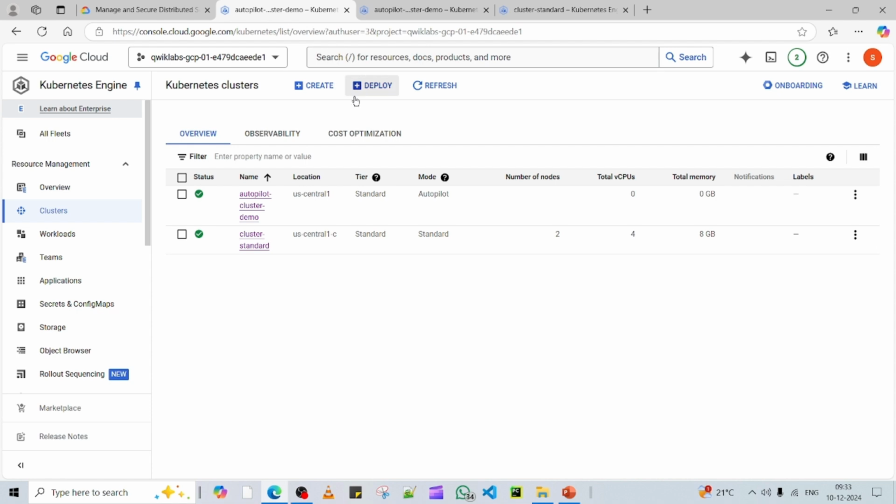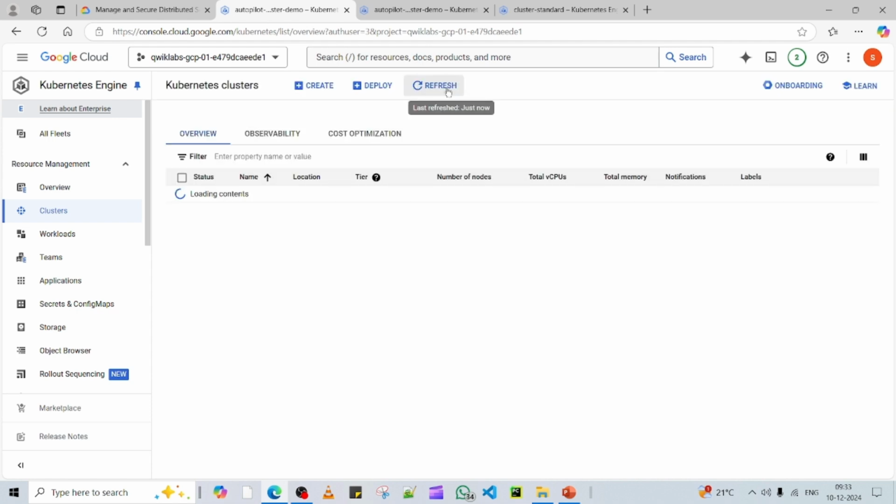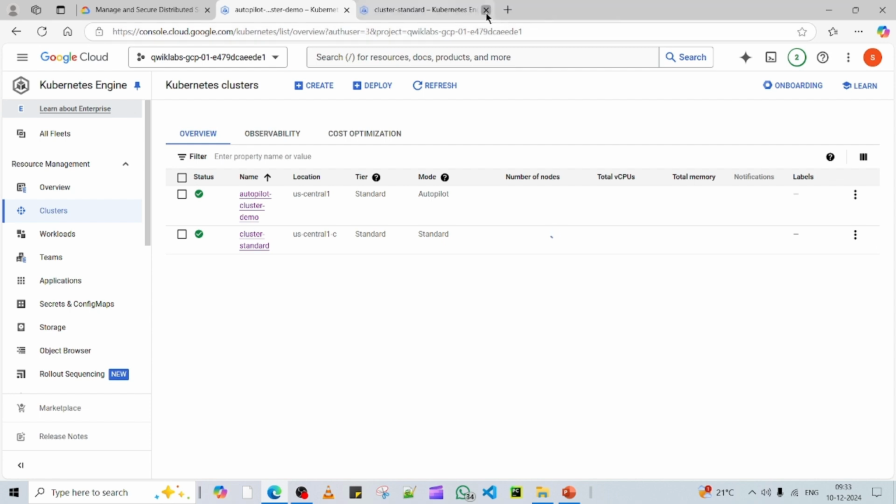Next, coming back here to the main console, in the status you can see the green tick mark, meaning these clusters are ready to use. So this is the way we can create a GCP GKE cluster in two ways: one is autopilot mode and the other is standard cluster mode. It's up to you, based on your requirement, you can create either of the modes. I think that's all about